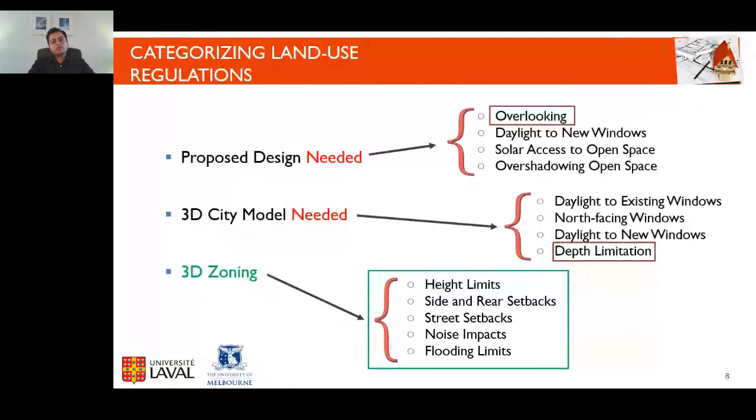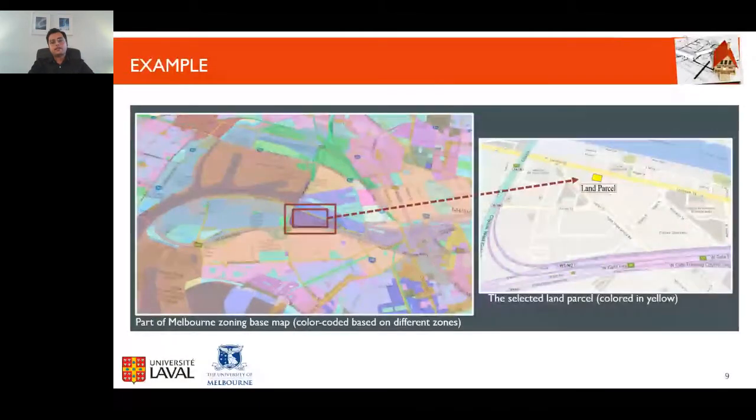To support our discussion, I present an example by selecting a land parcel in Fisherman's Bend area in Victoria, Australia. To start, imagine that a multi-owned development is going to be constructed on this land parcel. No matter if you are an owner of this land parcel or a developer, builder, land surveyor, an architect, or even a citizen who lives in this neighborhood in adjoining buildings, we are all in the same boat.